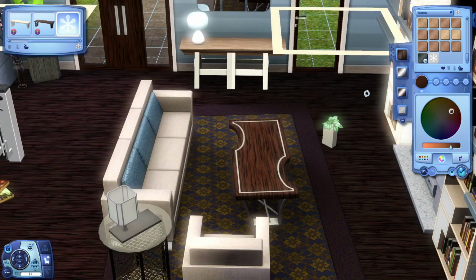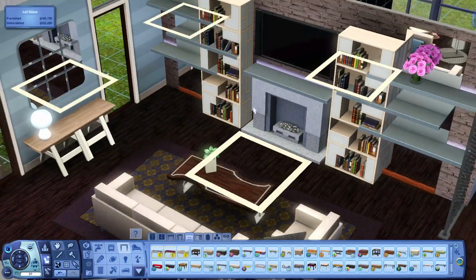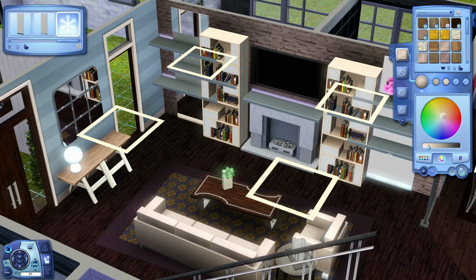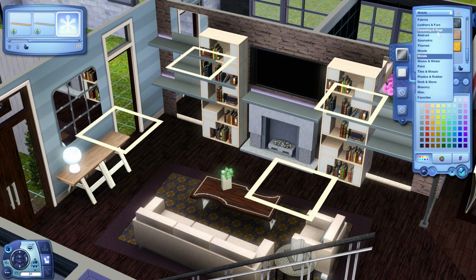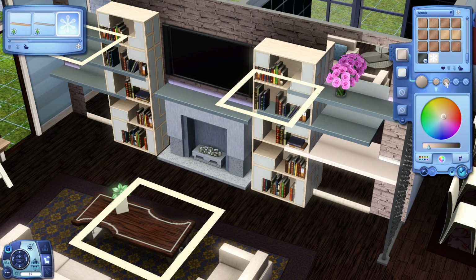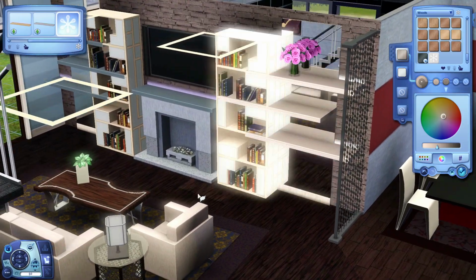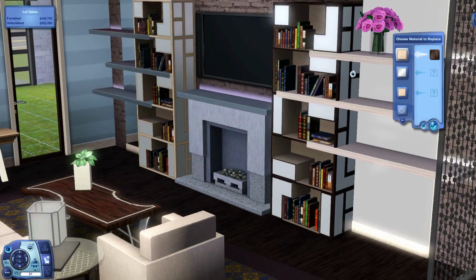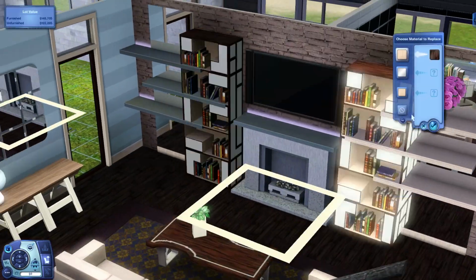You'll also see me changing the bookshelf to a darker wood as well, to mainly match the flooring and also counteract the white or the cream colored furniture and stuff like that. Here I'm recoloring the actual shelving units to a lighter wood color, but I do not keep that very long. I actually do go back on that, and I give them a darker gray color. So kind of like how it is on the left side there, but I do make it a little less